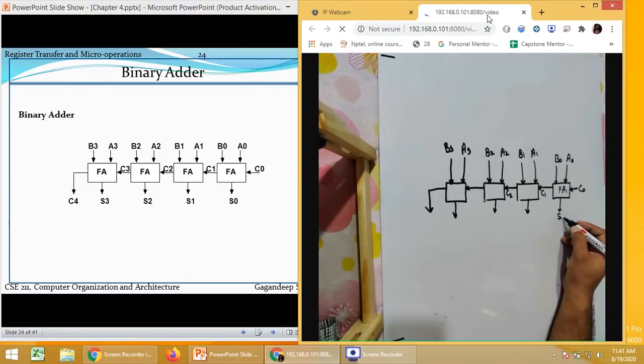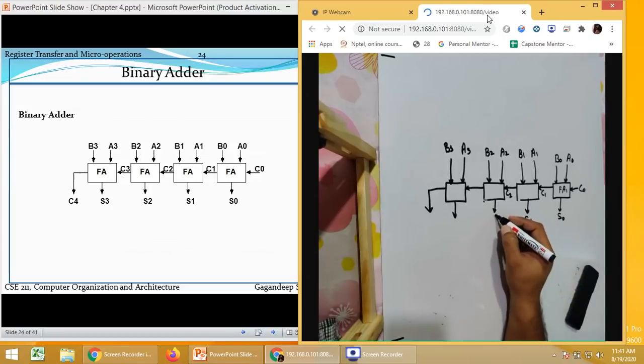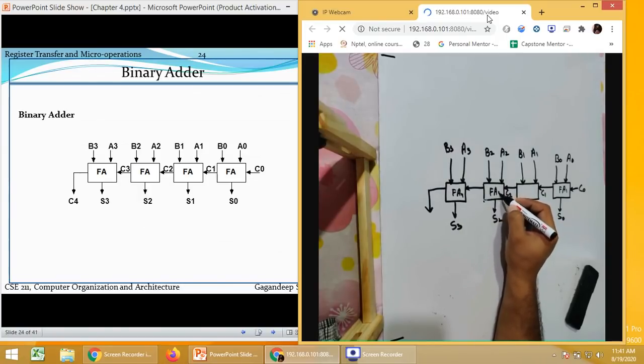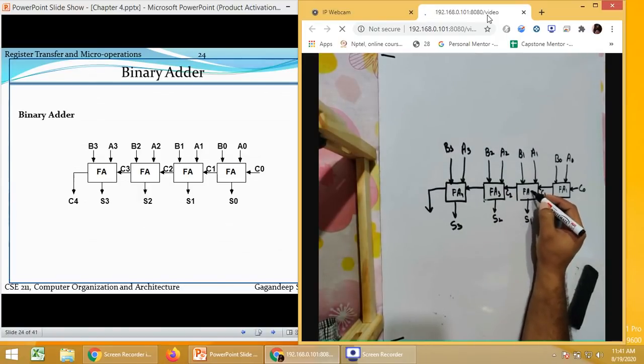Similarly, we will have S0, S1, S2, S3. So these all are the full adders: full adder 4, full adder 3, full adder 2.